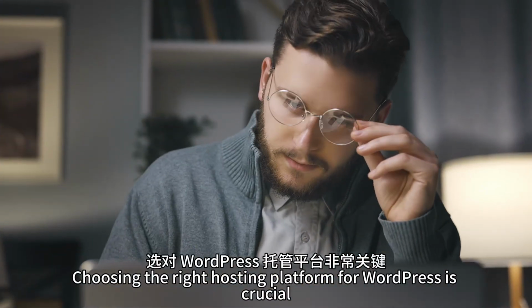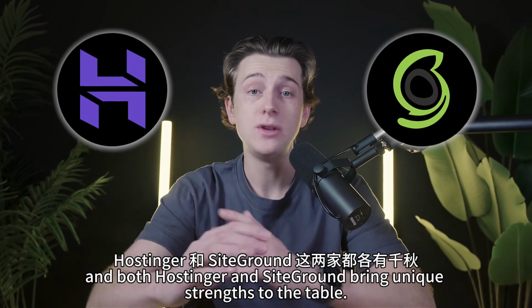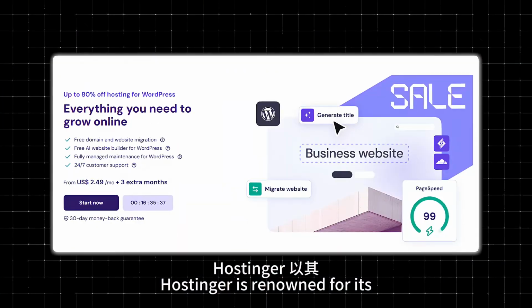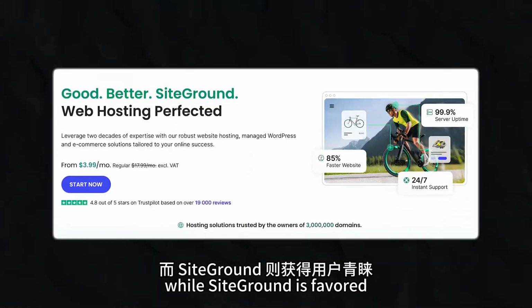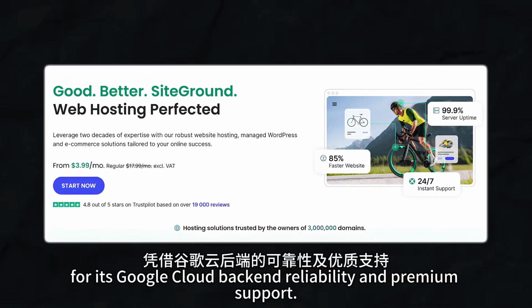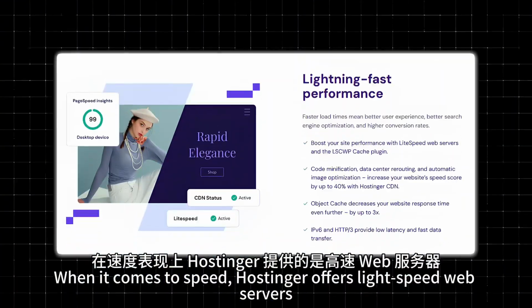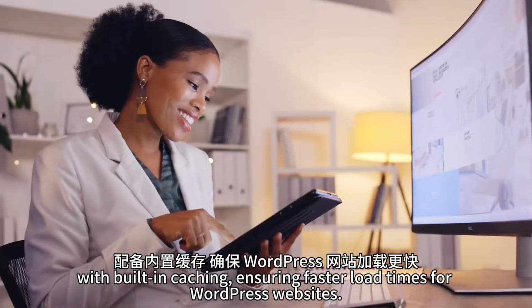Choosing the right hosting platform for WordPress is crucial, and both Hostinger and SiteGround bring unique strengths to the table. Hostinger is renowned for its affordability and light-speed power performance, while SiteGround is favored for its Google Cloud backend reliability and premium support. When it comes to speed, Hostinger offers light-speed web servers with built-in caching, ensuring faster load times